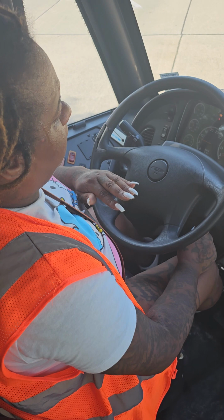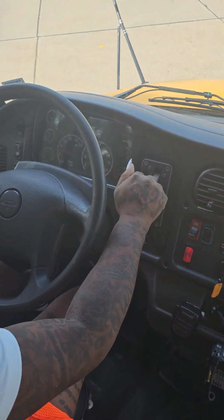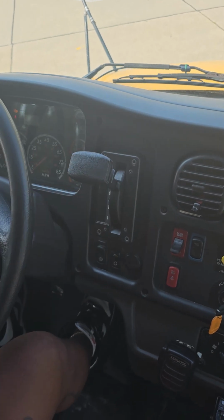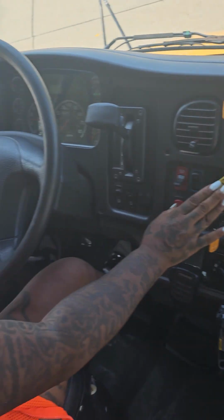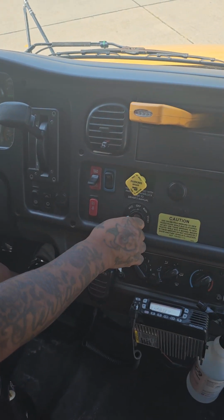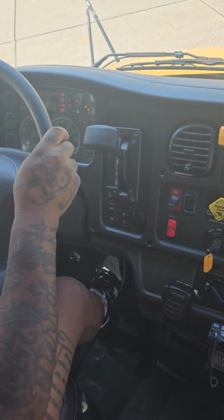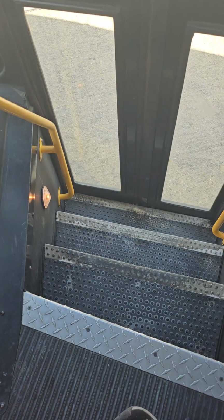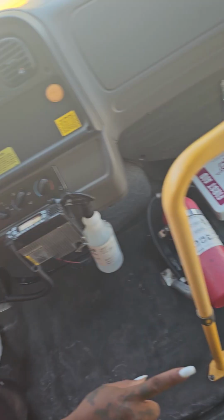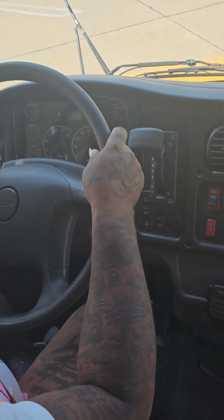Now I'm getting ready to prepare for my 3-way air brake test. To do that, I'll put my bus in neutral. Do not pull your parking brake. Leave it in. Cut your bus off. Back to the run position. I'll take my foot off my brake. Look down at the ground, making sure my bus isn't moving. Once your bus isn't moving, that means it's found level ground, and you're ready to perform your 3-way air brake